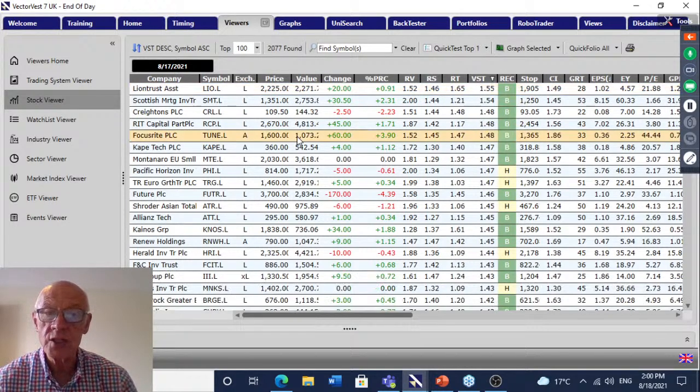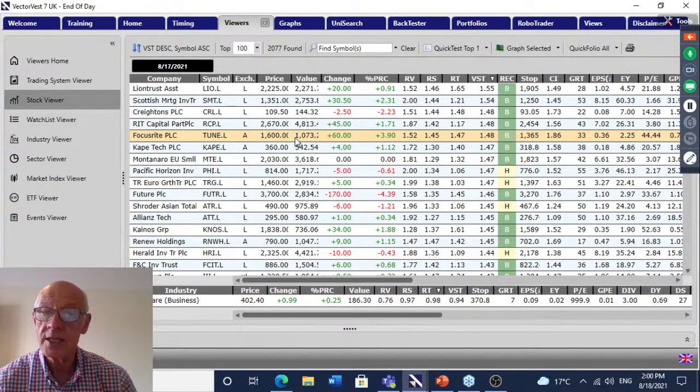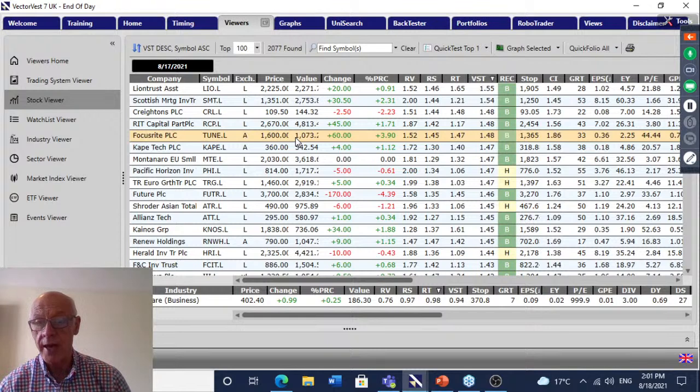This is a share that I spoke about in my essay last weekend. I do an essay for the VectorVest Marketplace customers every weekend, and Focusrite I spoke about last weekend. I don't know if anybody read that, customers in the room, but its RV is 1.52, its RS is 1.45. It's an AIM stock, and as you'll see in my little Unisearch, I exclude AIM stocks, but